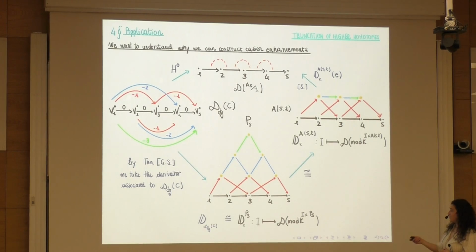And then now, thanks to this theorem, because when I first found this equivalence, I didn't know why actually we can compress and encode all the higher homotopies in only one arrow between the yellow objects. So now that I have this theorem, I actually know why and how these homotopies work and how we can compress all the higher homotopies in only one arrow between two objects, basically. And I can reduce the problem. I can work with such an easier enhancement and I should not take care of all these higher arrows.